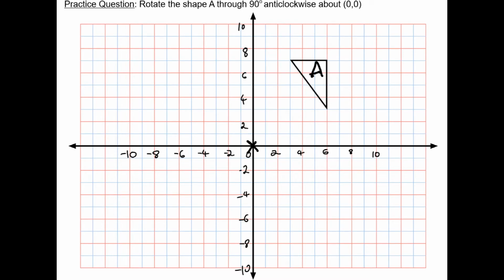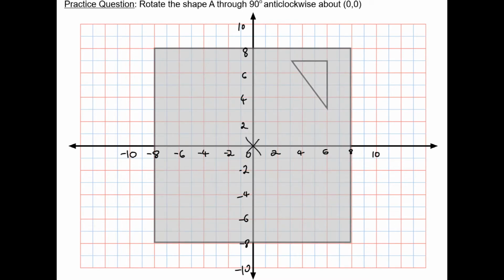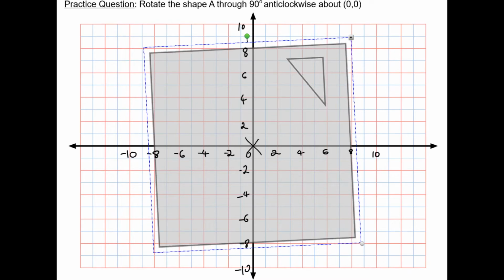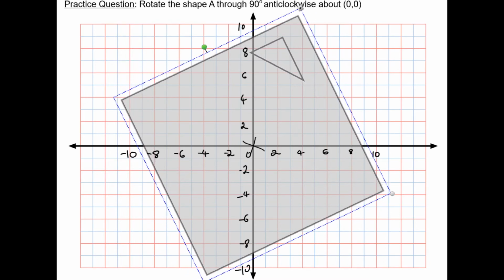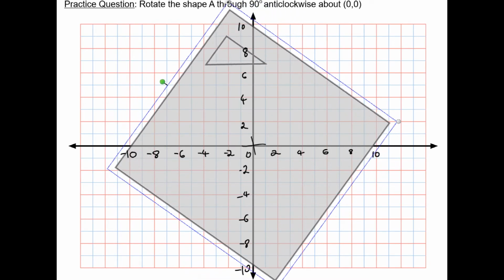Here is the answer. So I've got my tracing paper on the shape. I've marked my center 0, 0. I would put my pencil firmly on the tracing paper over 0, 0. I need to go anti-clockwise by 90 degrees. Remember, anti-clockwise basically means to the left. So I'm going to do that now. Remember, 90 degrees is a quarter turn. So